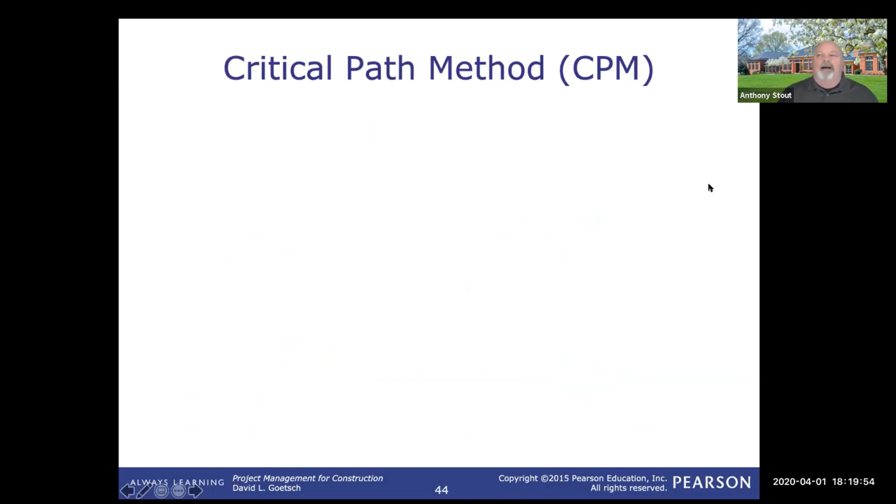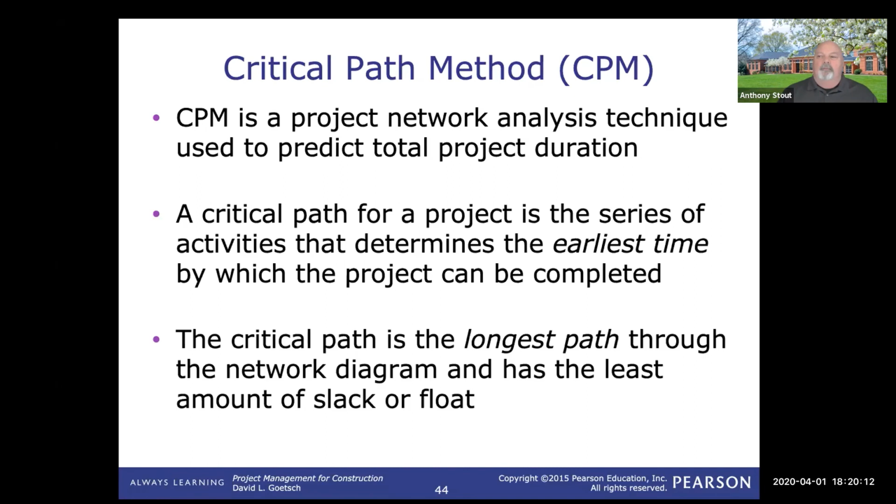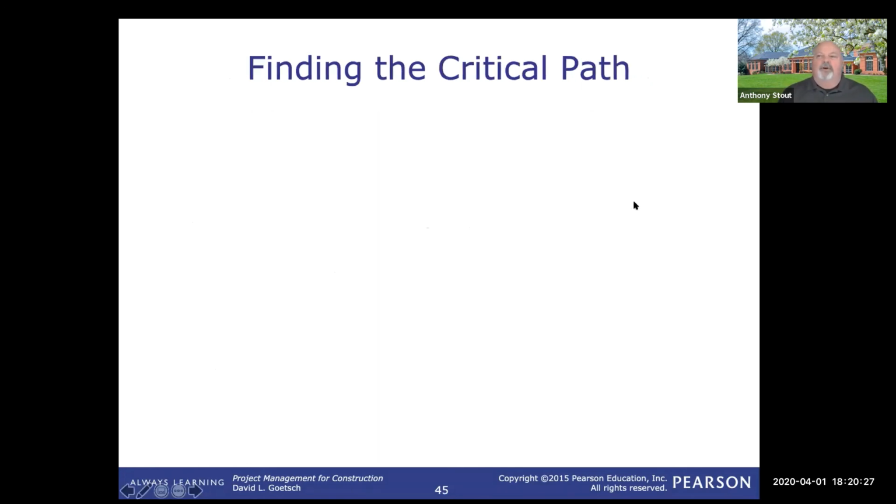All right. Now, I mentioned critical path. And what we're going to do is use that to analyze the overall project and figure out which items must be monitored to make sure that we meet the deadline of the project. So, as I said, it's the longest path through the network diagram that has the least amount of slack or float. All right, slack and float being interchangeable there when we talk about scheduling. So if I look at this, we're going to march. If you go back to